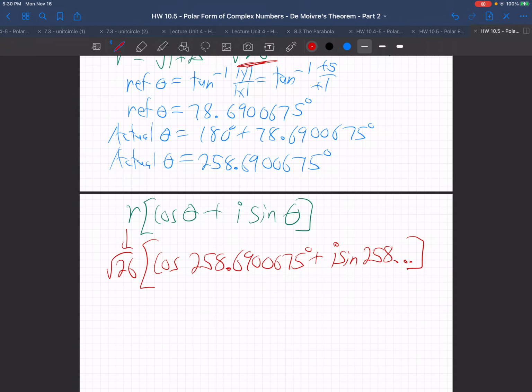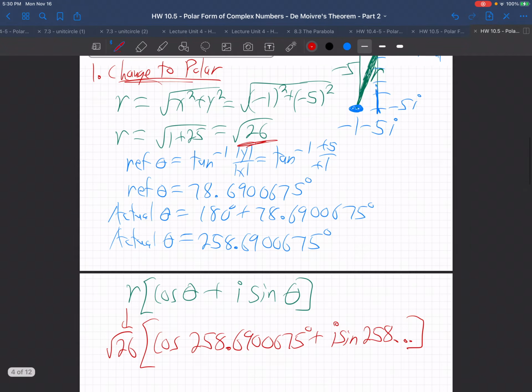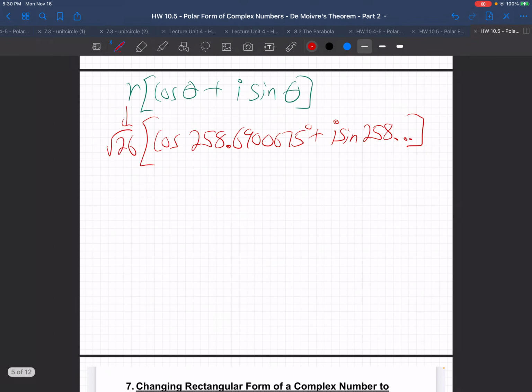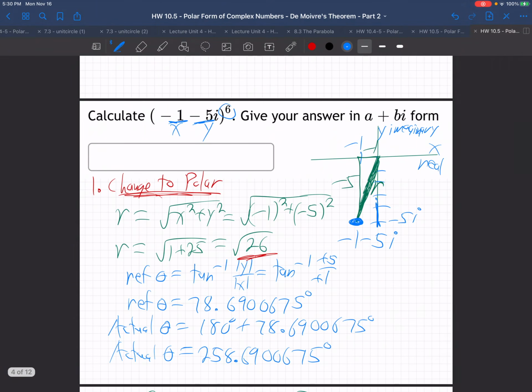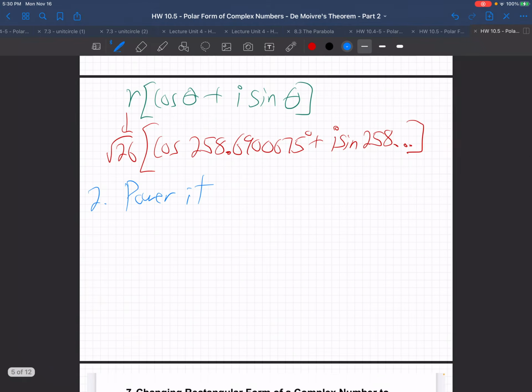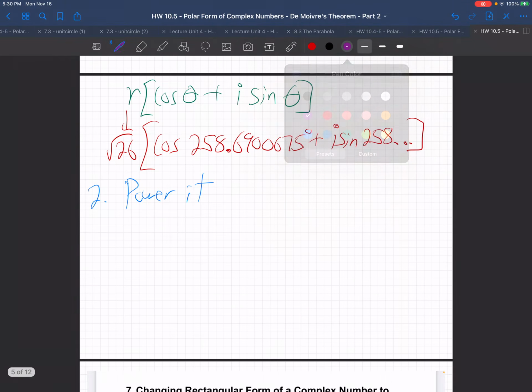All right, so that's step 1. Change it to polar. All right, step number 2, power it. So how do we power it? Well, what power was it? It was the 6th power. So we're going to take that thing to the